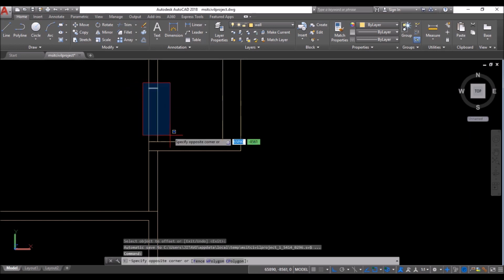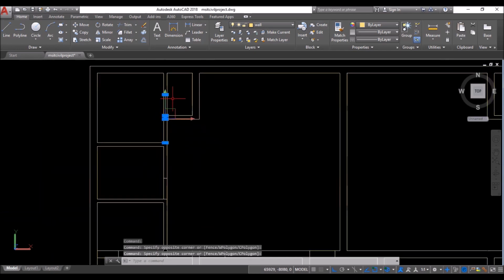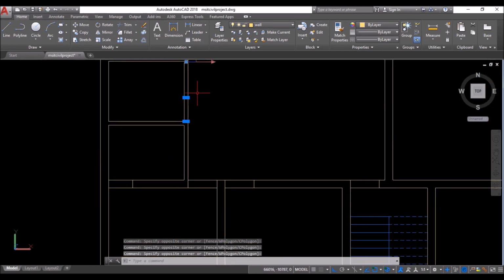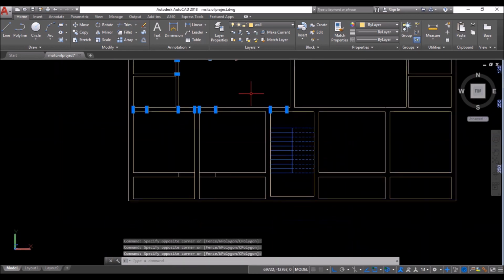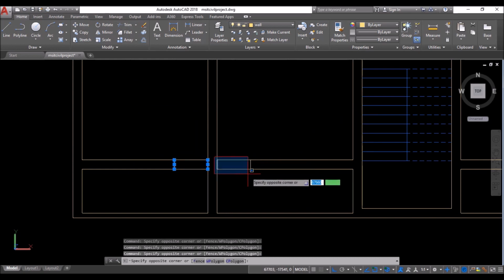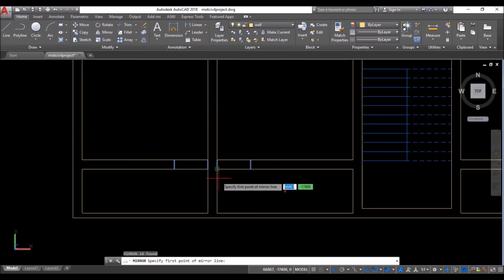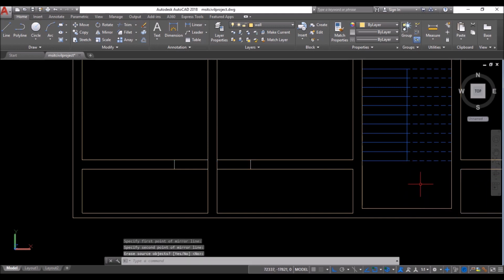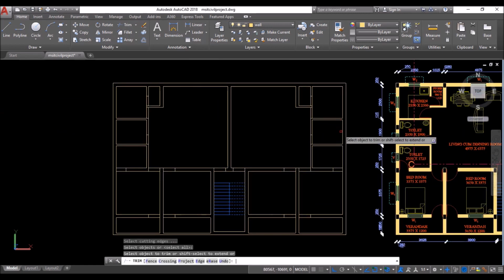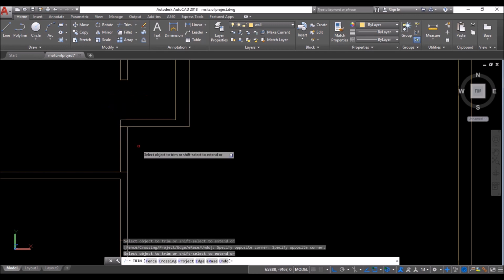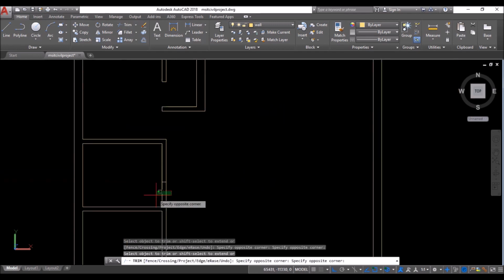Now select all the lines as shown. Type MI and press enter. Then click at the snaps as shown and press enter to mirror the lines in this side as well. Then type TR and press enter twice and trim the lines as shown to create the door cutouts.